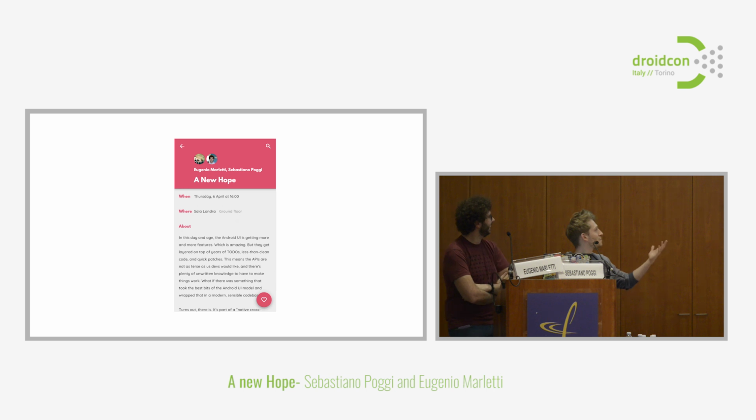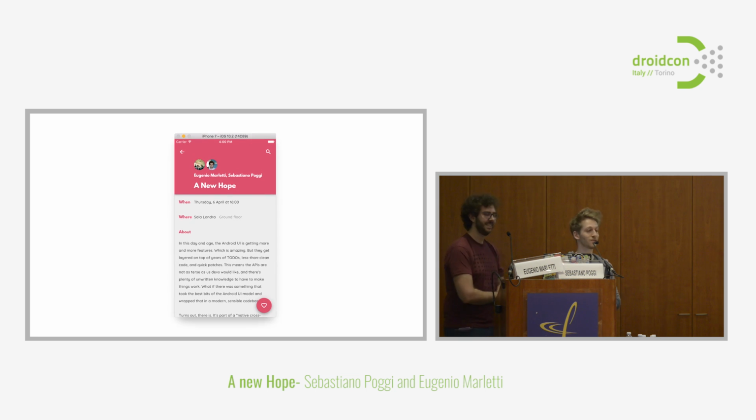So this app is built in Java and Kotlin, right? And it's Android only, for now. Is it? So this is a screen of that app running in an iPhone simulator because we decided to rebuild part of it in Flutter.